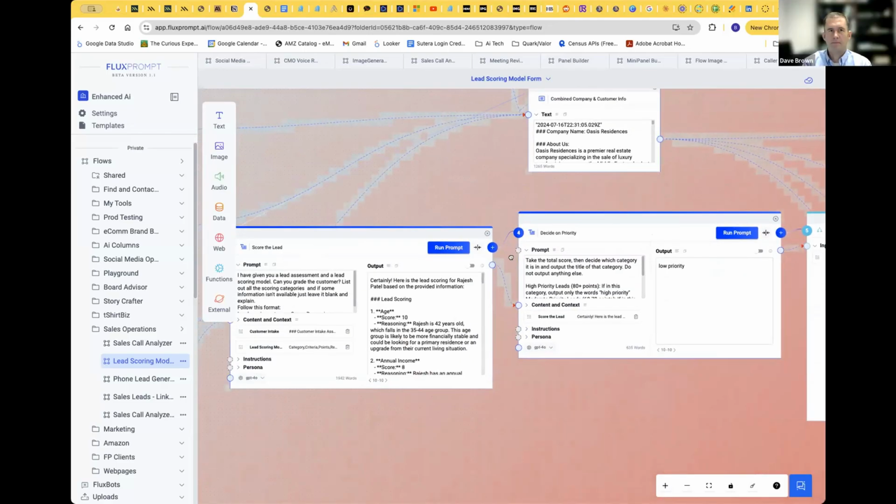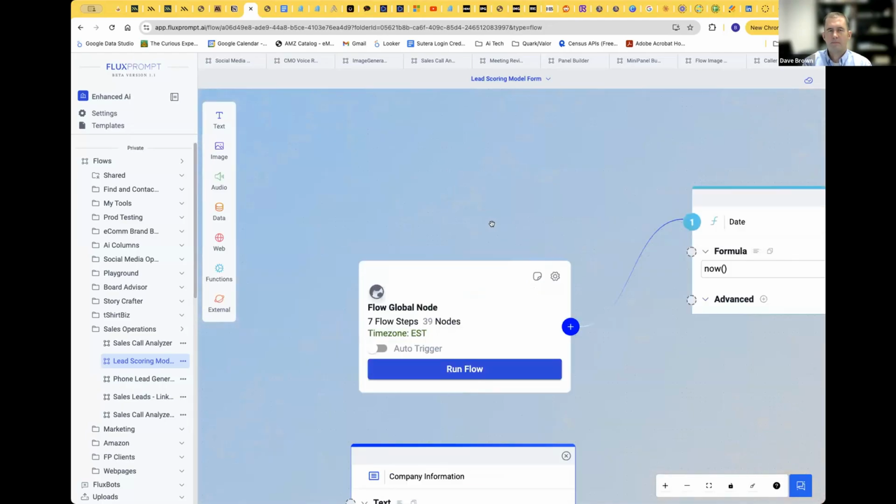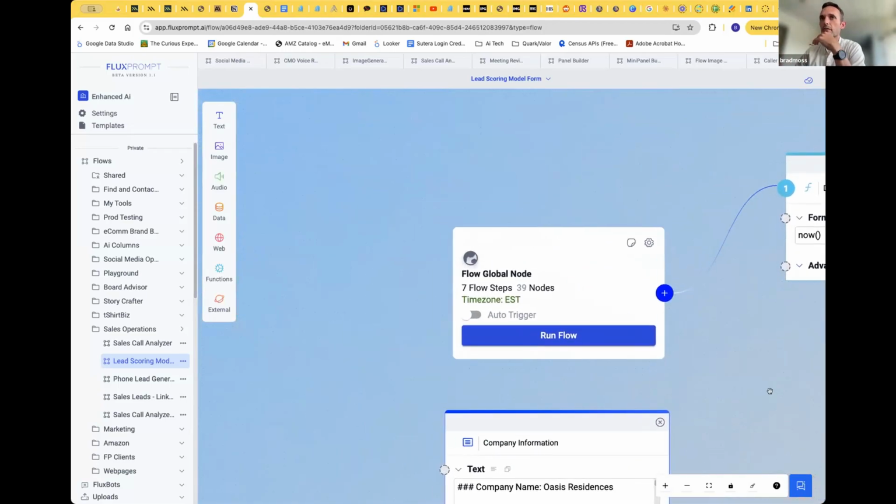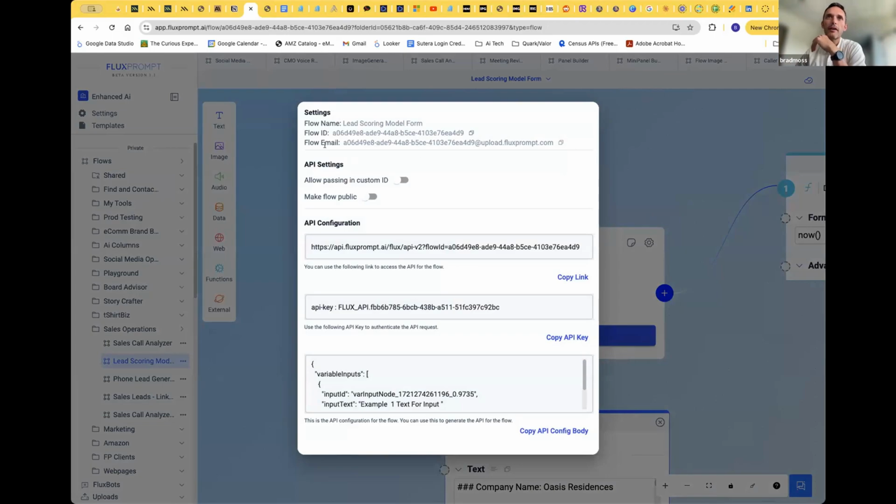So in the global node, it's actually interesting that every single flow has an API call. You could hook up Zaps to all this stuff with Zapier or any other integrated software. We have API calls to a flow, so you just pass data in however you want, really flexibly. Or inside the flow, you can do an API call, or we have this option where every flow has its own email address.